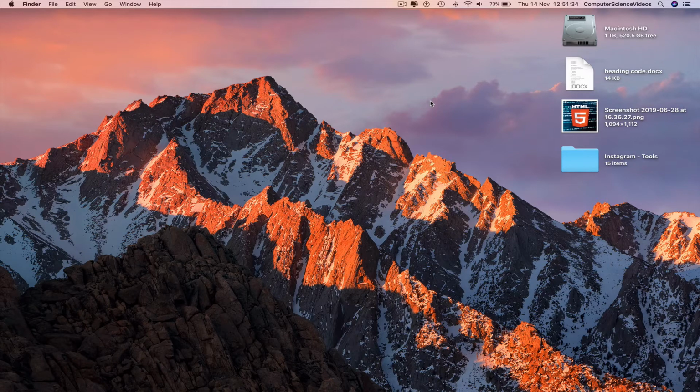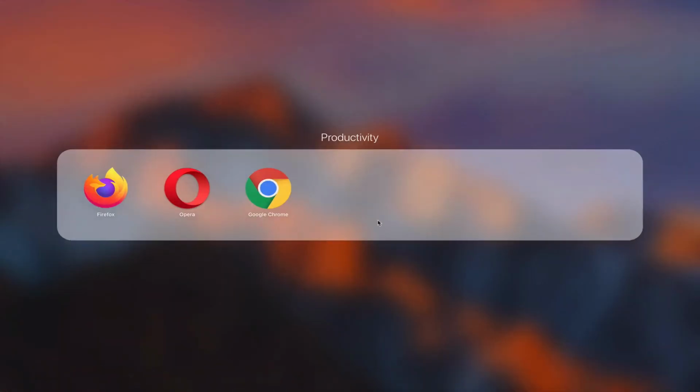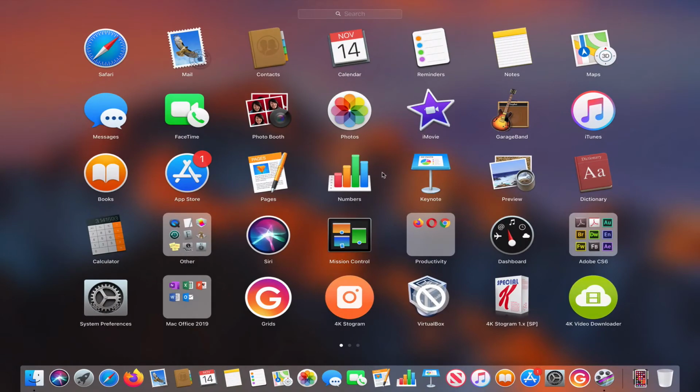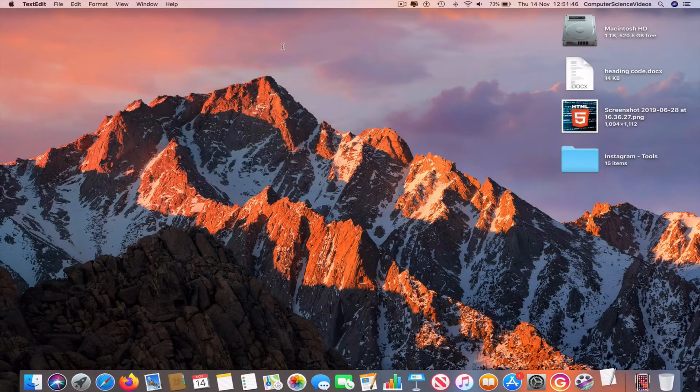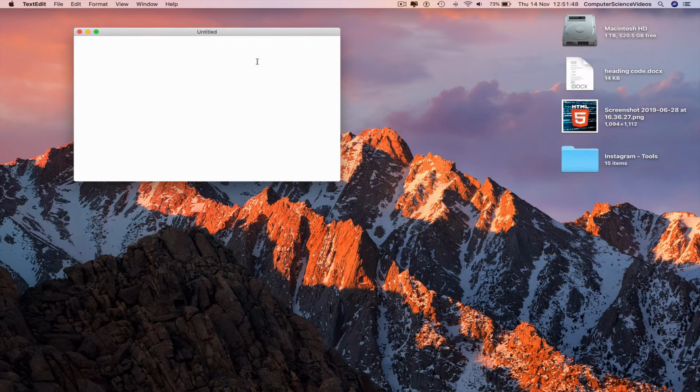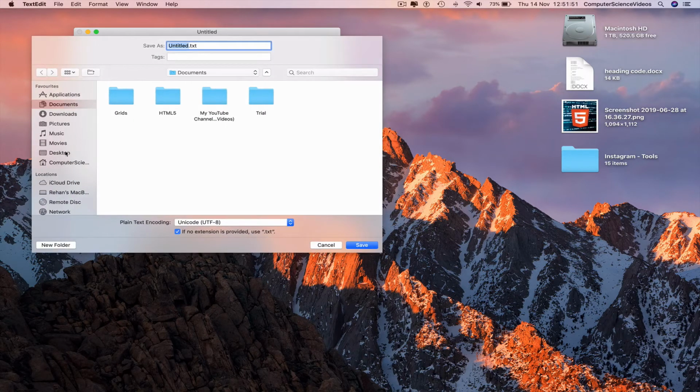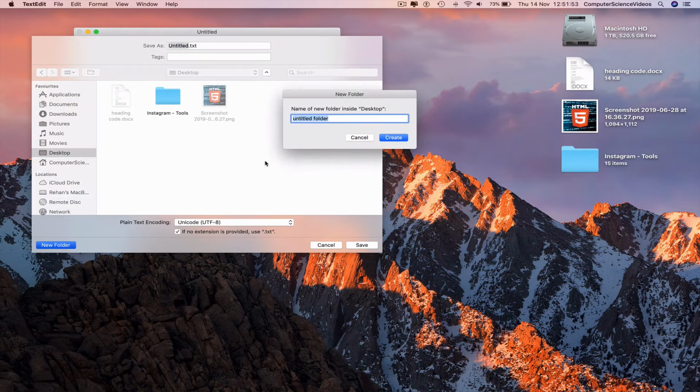So in this tutorial, you need to have access to a Mac computer, the software itself, which is TextEdit. So we can now go all the way down to the dock, go to Launchpad, search for the application TextEdit, click on this, and then Command S to save. Go to the desktop, start a new folder, call this folder navigation menu,